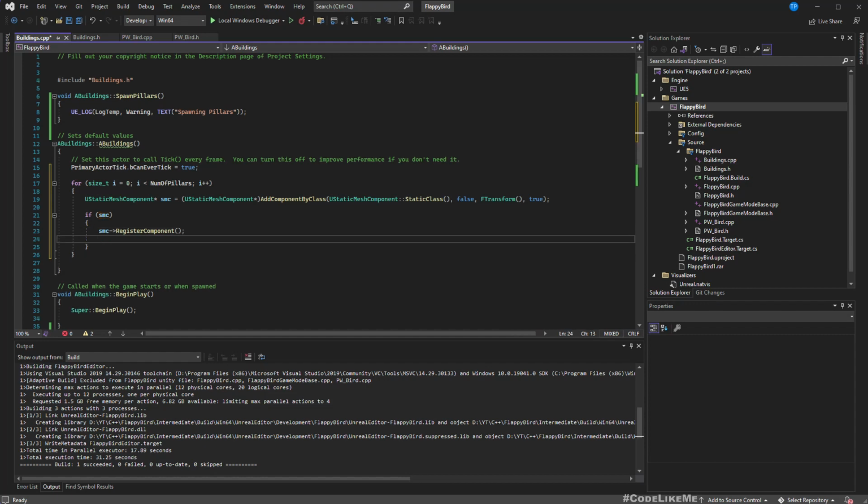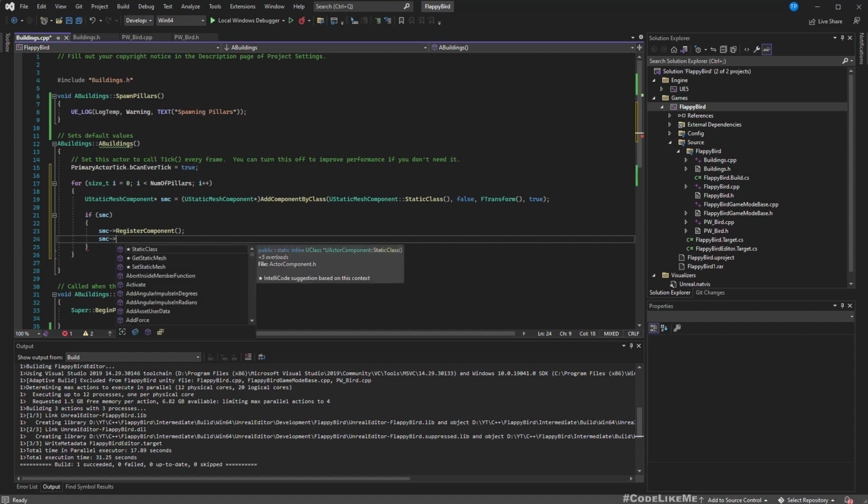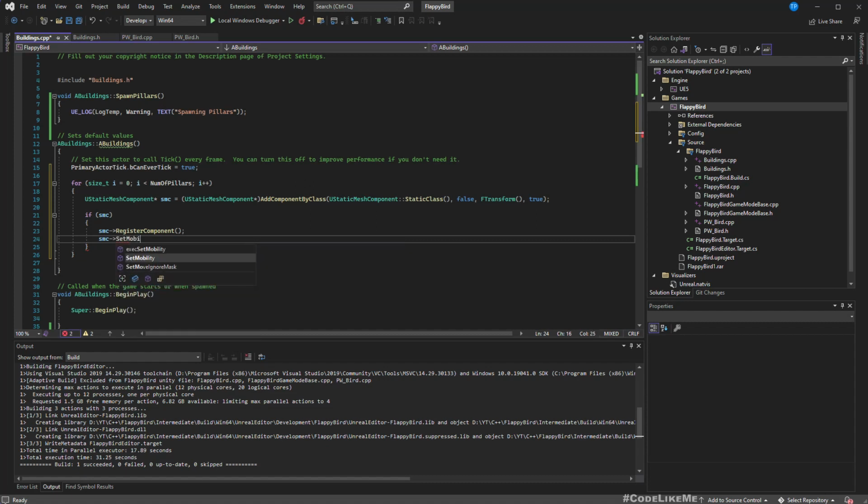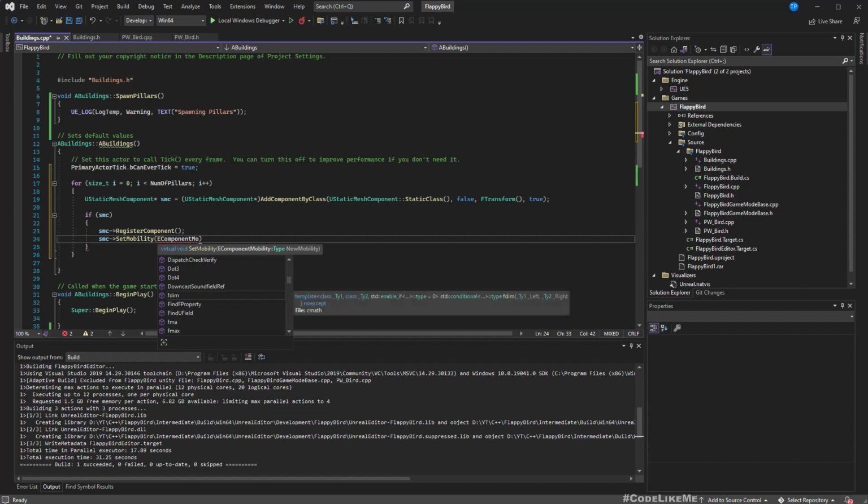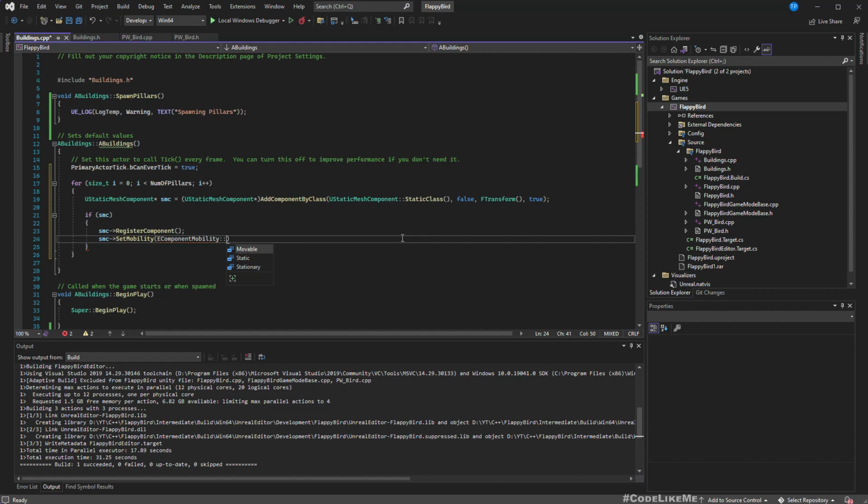So we need to set them movable. So smc set mobility, a component mobility. We can already see what we need to use. So in component mobility, yeah, see, we can set it to movable,